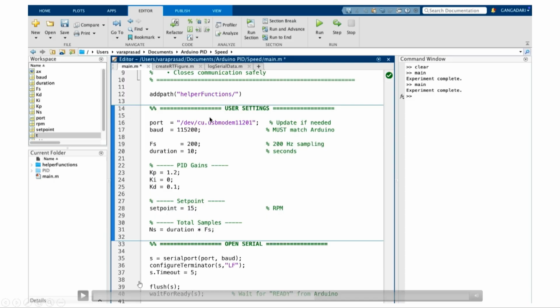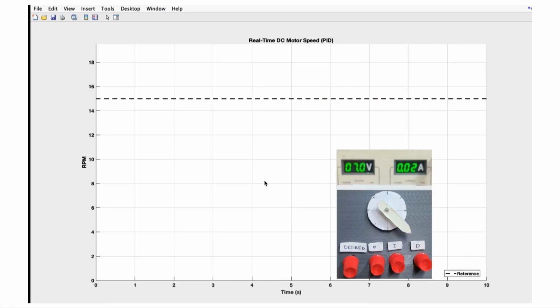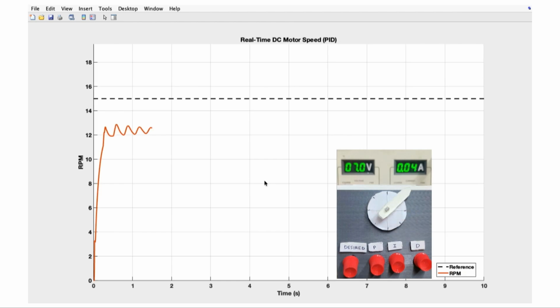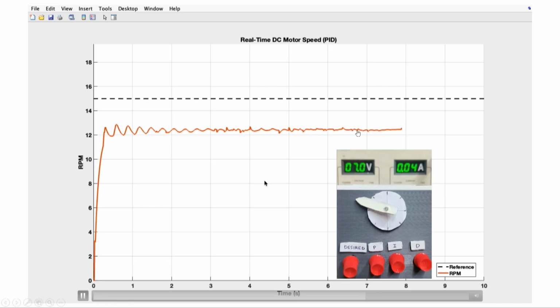So, in those cases you have to go for analytical approaches. In this case we can actually go ahead and see what the output looks like. Since it was oscillating, I am putting a value of Kd to be 0.1, and you will see the oscillations should die down. You see the oscillations have died down now, but you can also see that still the output has not reached the